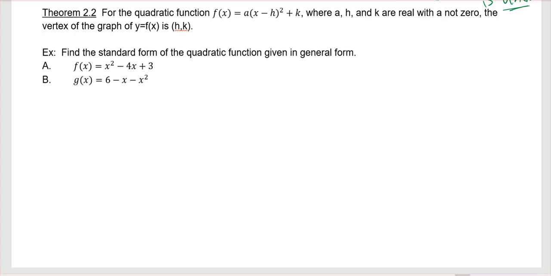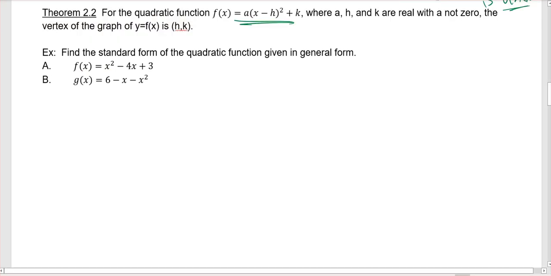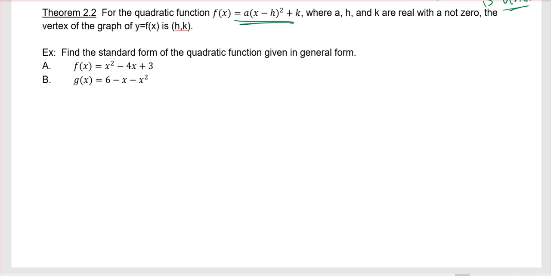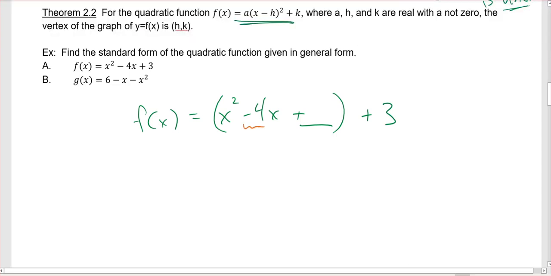So I want to write this in standard form. So I want to write that like this, right? Well, we can just isolate this stuff. So let's rewrite it. So I've got f is x squared minus 4x. And we want to add something here to make it a perfect square, right? So what number do we add? Every single time it's always the same. We just take this number, so -4, we divide it by 2, and we square it, and that's the number